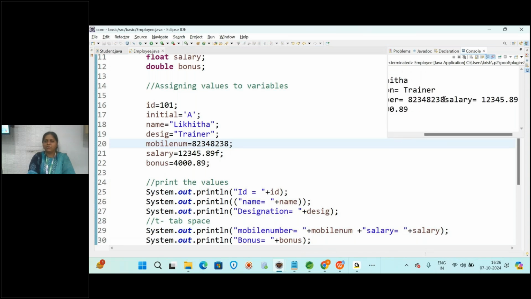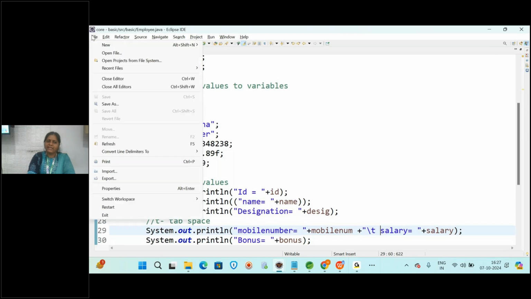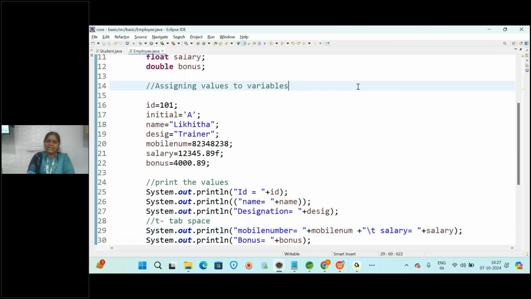It's so clumsy. So to get the space before salary, I'm giving what? Slash t. Slash t is for what? Tab space. So now if I save this, whatever modifications you're doing, please save it. You can go to File, Save, or you can directly click this icon, and it will be saved. So you can run this, then you will get the value.